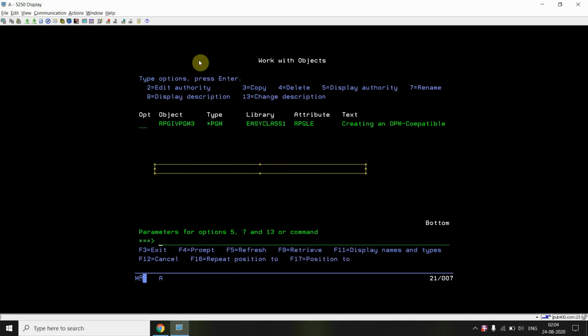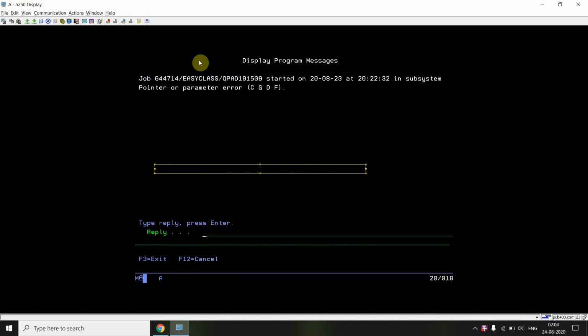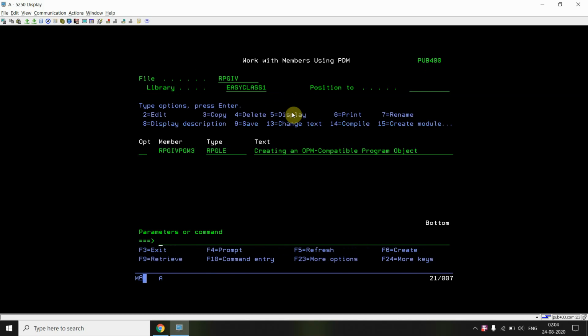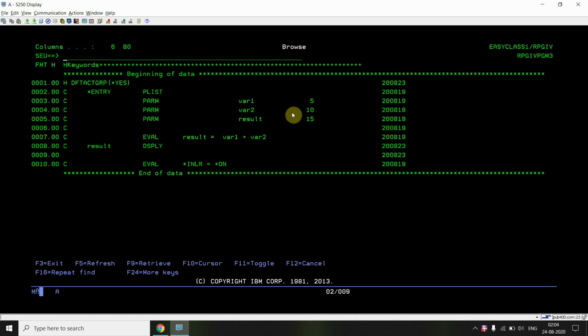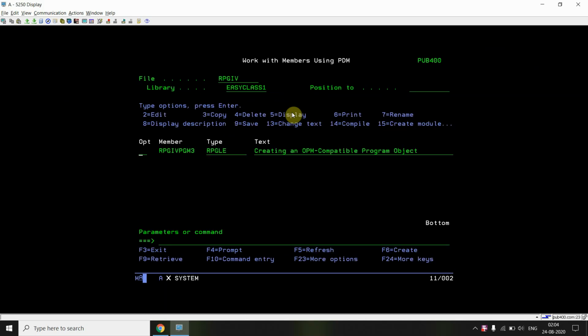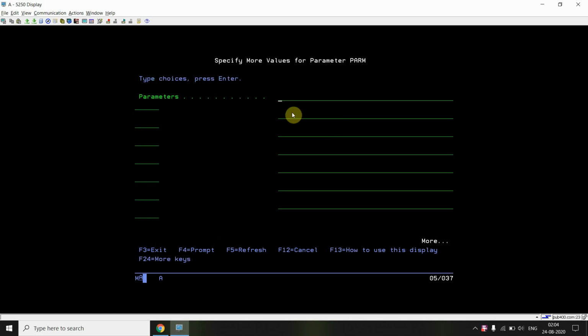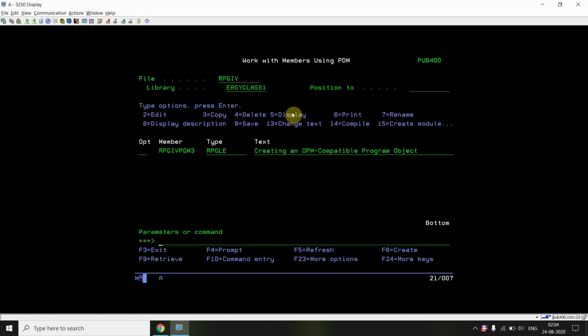So let's call the RPG4 PGM3 program. We are getting a pointer or parameter error since we didn't pass the input parameters. So we will pass the input parameters. ABC is the first value, this is the second value, and this is blank, because this will get returned.